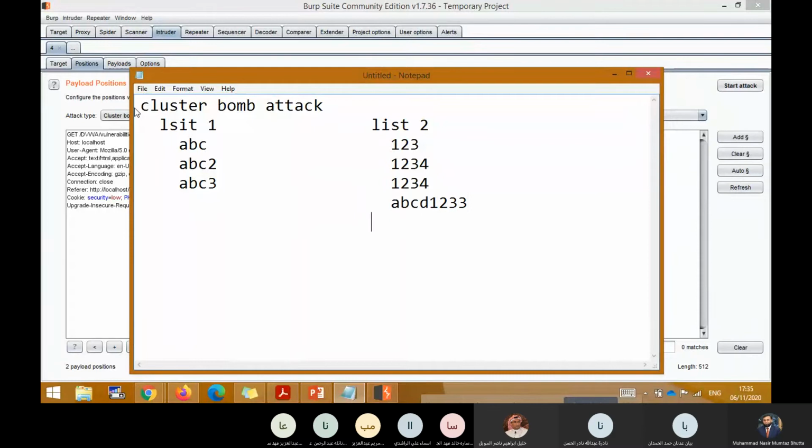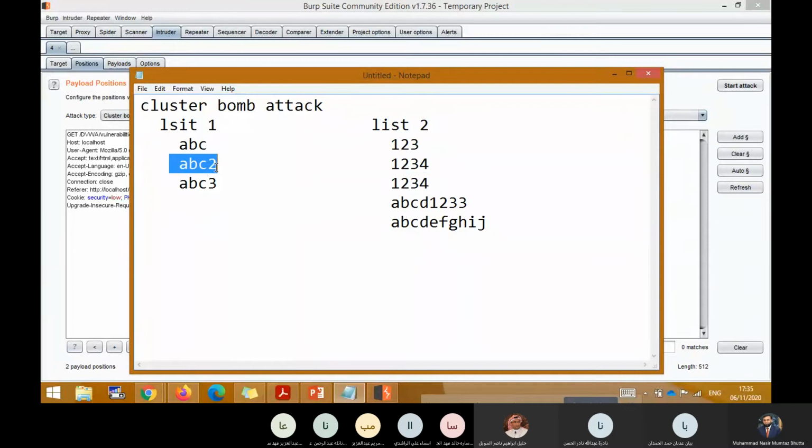We have password ABCDEFGHIJ. In this way, we have a different list of usernames and a different list of passwords. So how does cluster bomb work? It takes one username and tries it with all the passwords. So this username will be tried with this.